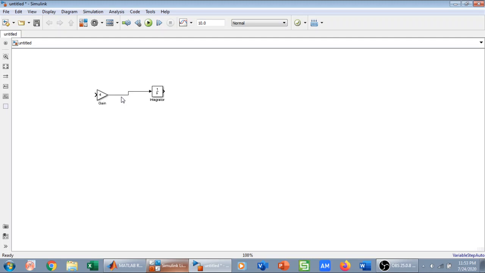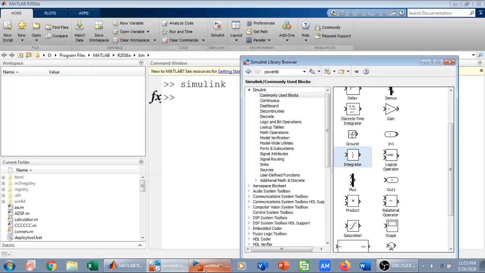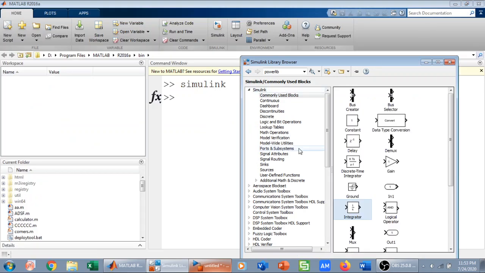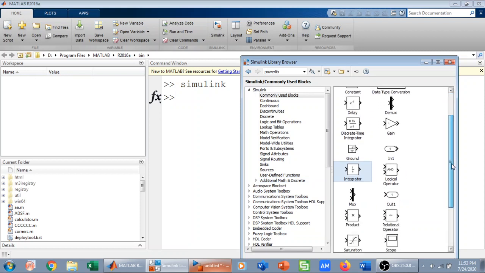So we do the modeling in Simulink. Simulation is done by Simulink by itself. We don't have to build blocks on our own. We can always use the pre-existing blocks to model our system. For example, if you look here, we have a lot of blocks that have already been made. We even have controllers that have already been made, for example PID controllers, etc. So we don't have to build those blocks. We can simply use them.